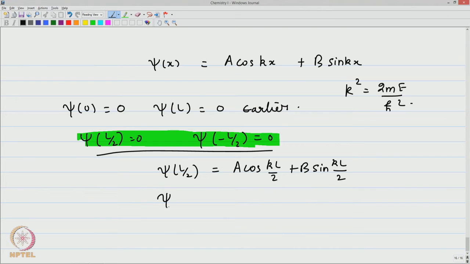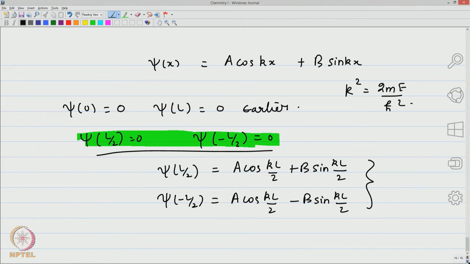And psi at minus L by 2, remember cos of minus x is the same as cos of x, therefore this does not change. This is still a cos k L by 2. Minus k L by 2 for the sine is the same as sin k L by 2 but the sign changes, therefore you have b sin k L by 2 with a minus sign. So, these are the boundary conditions now. Now, the boundary conditions are such that